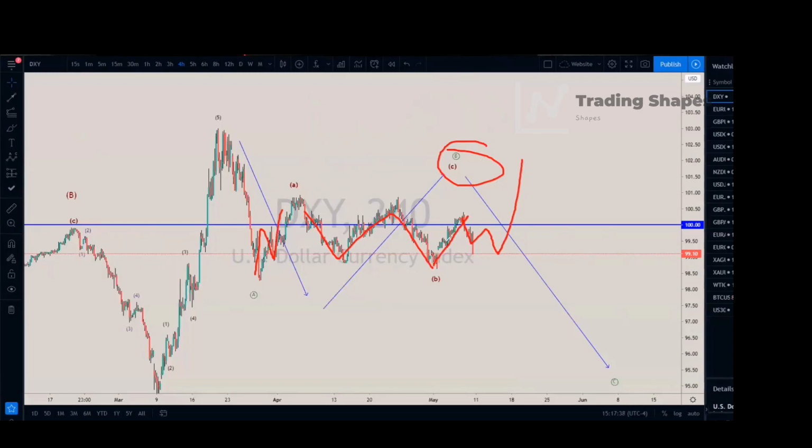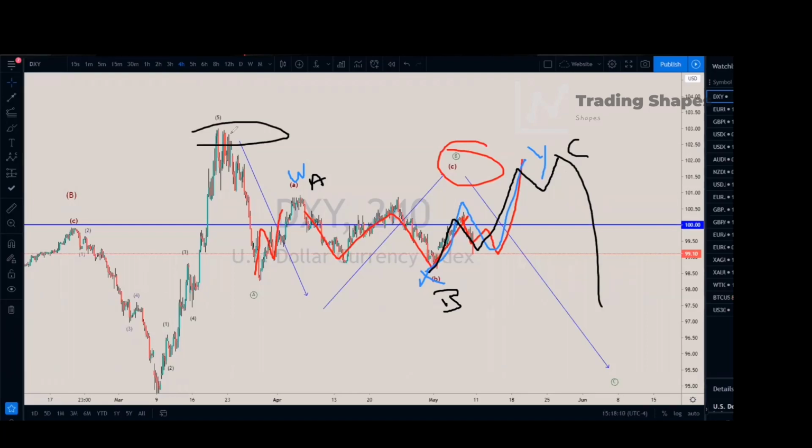If it does the following, that means this count is a W, X, and a Y. And if it does the following, that means that's an A, that's a B, and that's a C. And then a drop. Either or, I think they will clear the top here. And they might extend it up here to 5 waves if it's a C, and then drop.